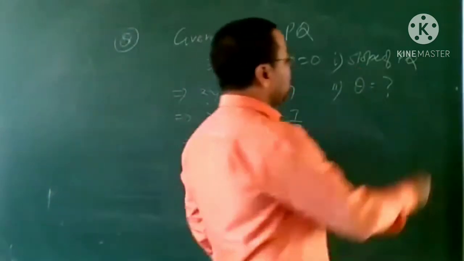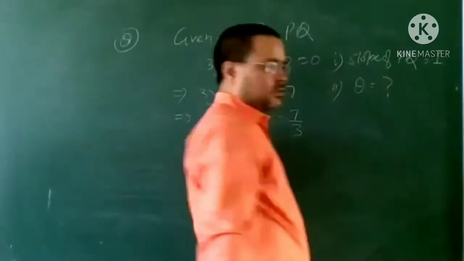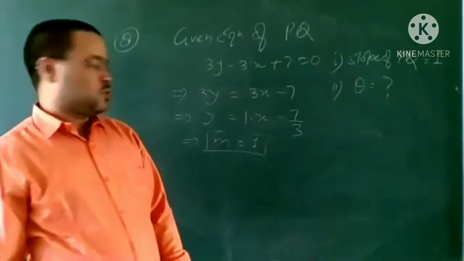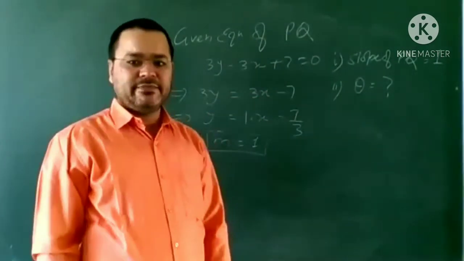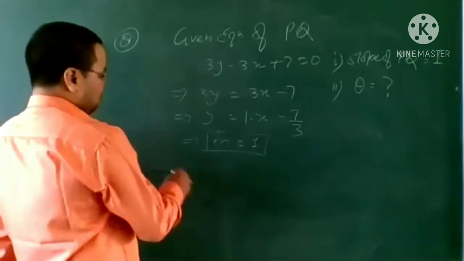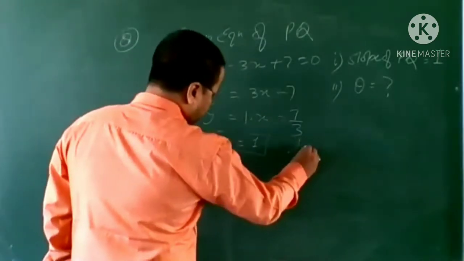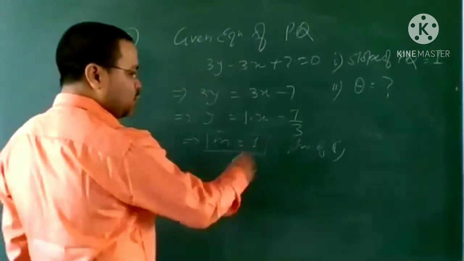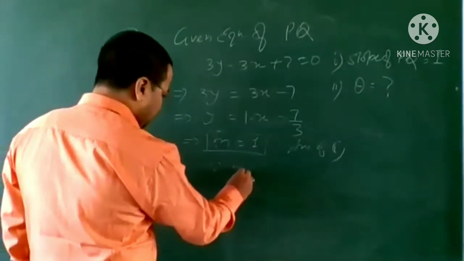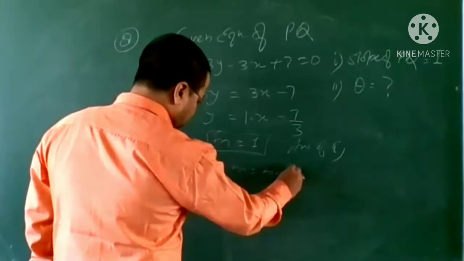The first answer: slope of PQ is equal to what? That will be 1. This is the answer of the first question, the slope of line PQ, that will be 1. Now for the second part. Okay. Now since m is equal to 1, we know that m is equal to tan theta,